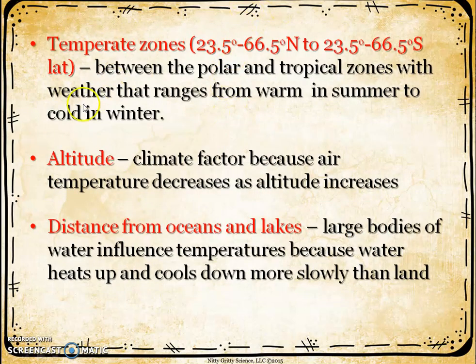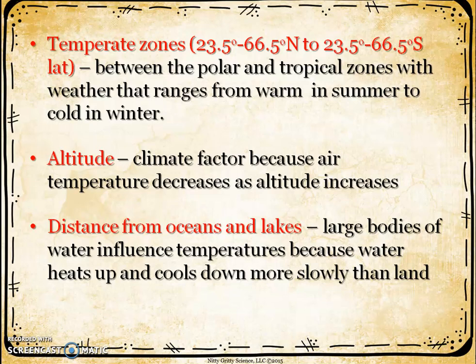You've got your temperate zones. Sorry, I skipped that one. You've got your tropical zone, your polar zone, and your temperate zone. That's in between your tropical zone and your polar zone, so it's going to be temperate. You're going to have a temperature in between the extreme cold and the extreme heat. It's going to be very nice. This is where you'll find a large portion of your population, within these temperate zones, because the temperatures are nice and cool.